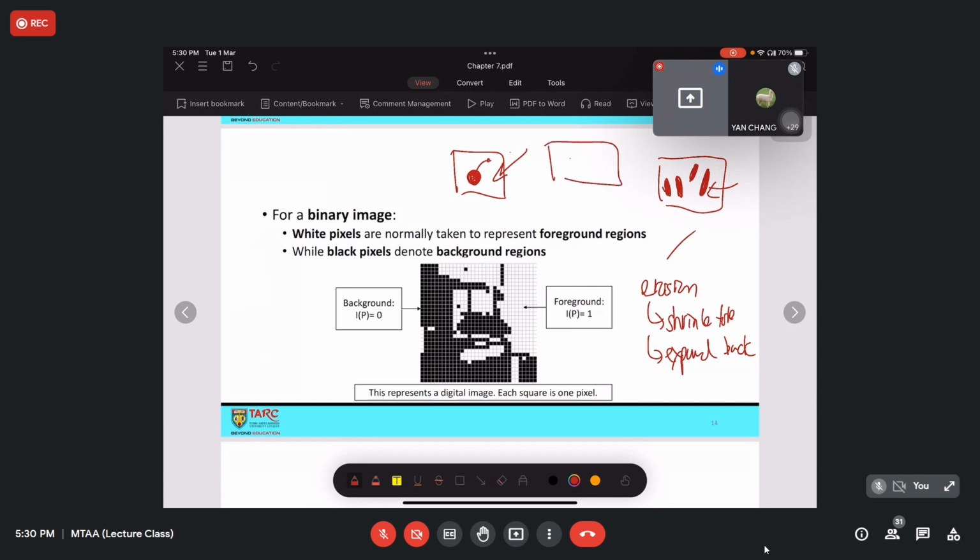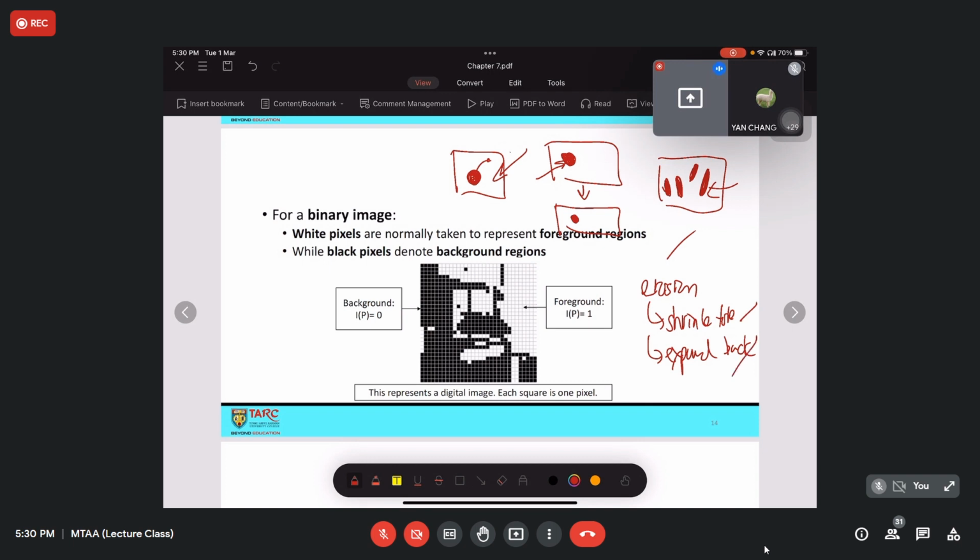Which means if let's say you have this image, so after you perform erosion, this red color is actually your foreground. After you perform the erosion, you will actually reduce in size, right? Which means shrink the size of the foreground, so the size of the red color dot is being reduced to become a smaller dot.